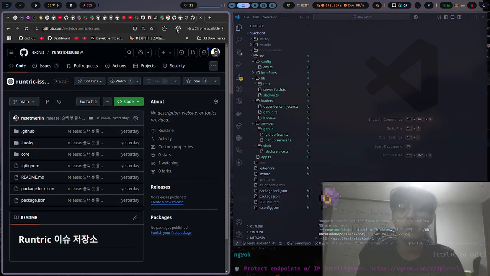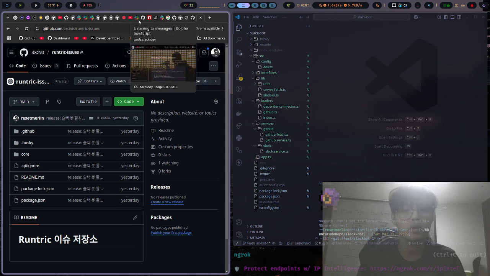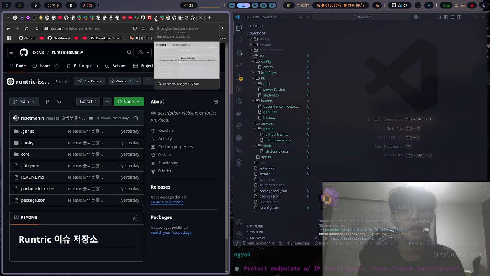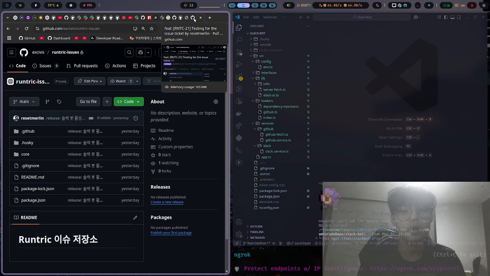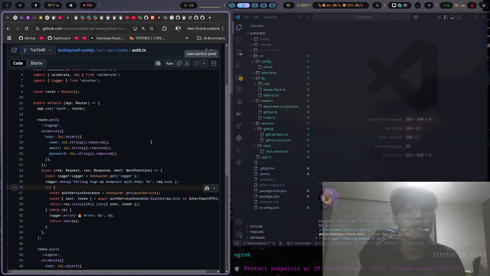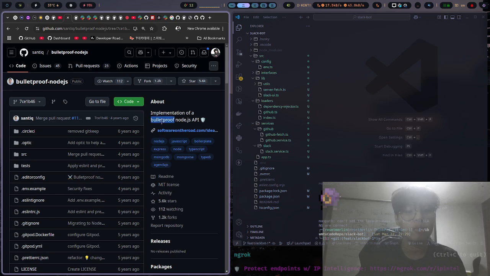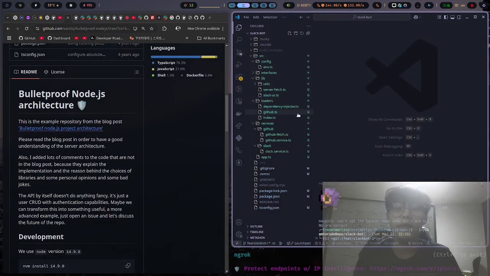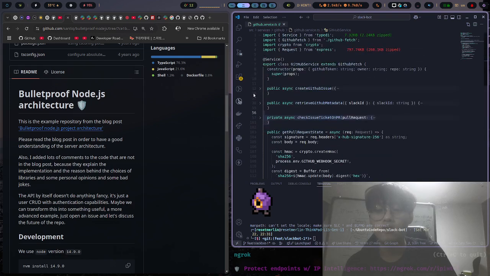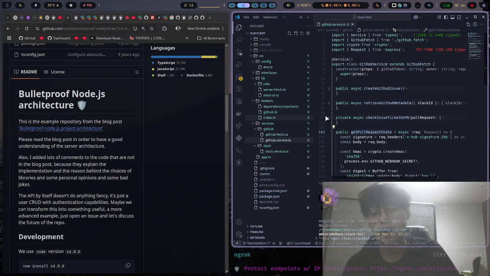So what I did was, I forgot the word for it, I referenced this kind of architecture, like the bulletproof Node.js API. So I put the business logic in the services. If you look here, I put all of the business logic, for example, create the issue, retrieve the GitHub metadata, check the issue ticket based on the PR, and get the pull request state that has to be integrated with the webhook. And also, if you look at the Slack service,